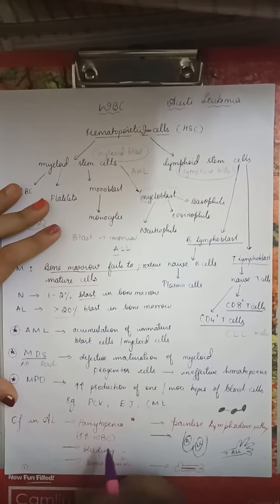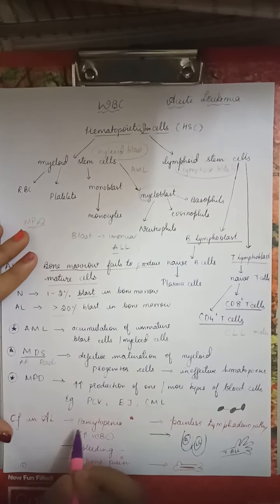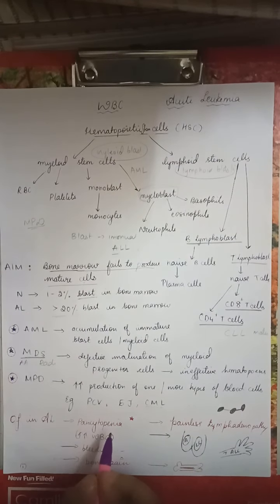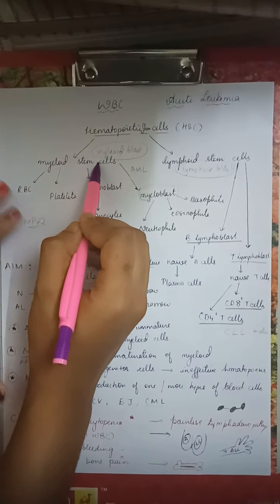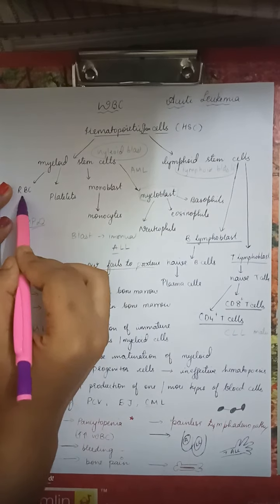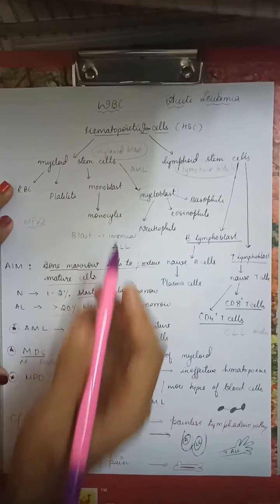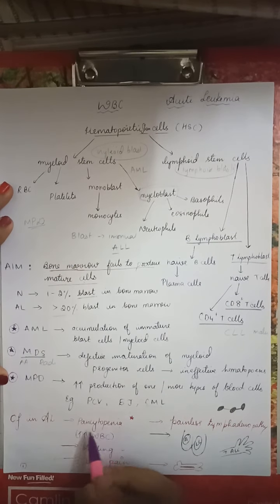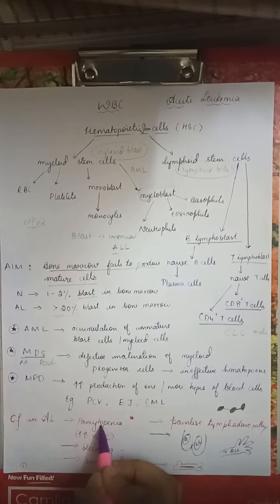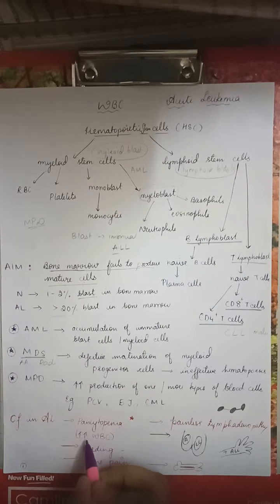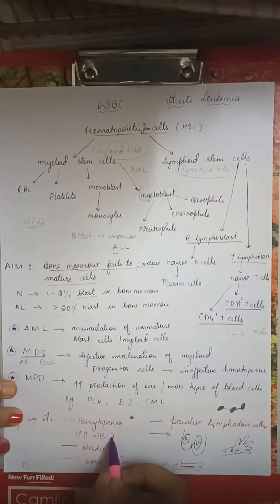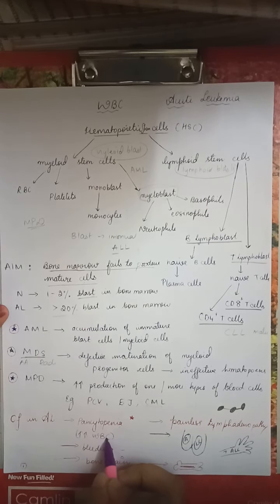Now, what is the main clinical feature? The main clinical feature in acute leukemia is pancytopenia, because there is a defect in the myeloid blast. All these cells are formed but they are immature, therefore there is pancytopenia, that is a decrease in RBC, platelets and many cells. But remember, it is leukemia, therefore there will be an increase in WBC, but it consists of immature cells.